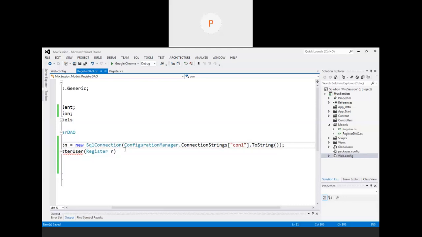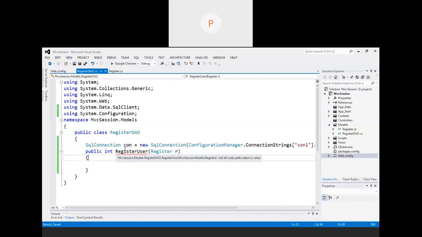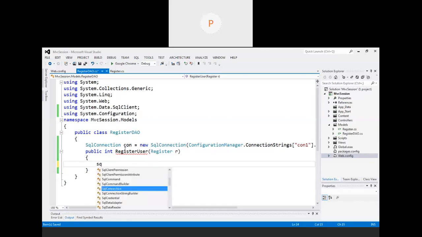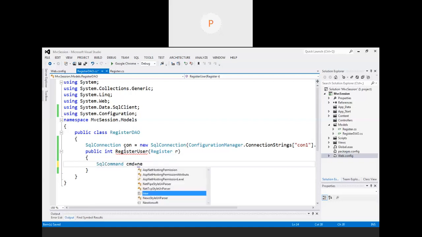So specify SqlCommand, its object equal to new SqlCommand, insert into table name. Now our table name is what?